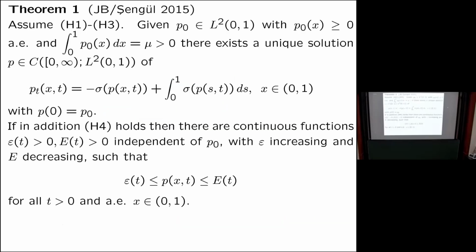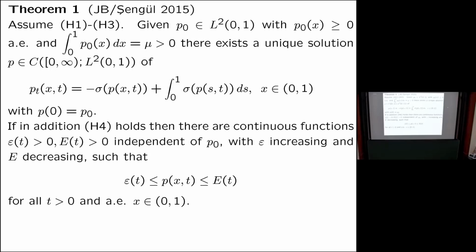So here's an existence theorem. Assume H1 to H3. Then given P0 in L2 with P0 non-negative, so it could be 0 in some places, but its integral has got to be mu, which is positive, there's a unique solution, which is a continuous function from 0 to infinity into L2, of the equation. Right now, I haven't actually said carefully what a solution is, but there's an obvious definition of a solution, which is some kind of integrated version of this equation